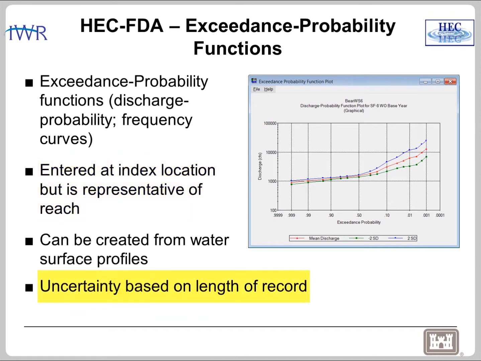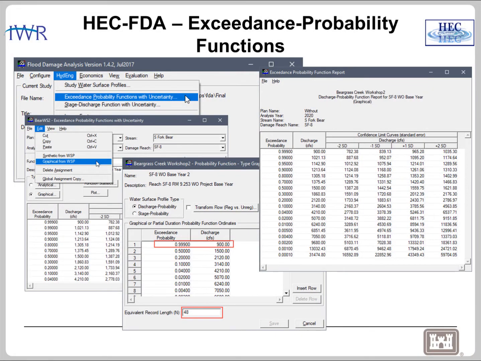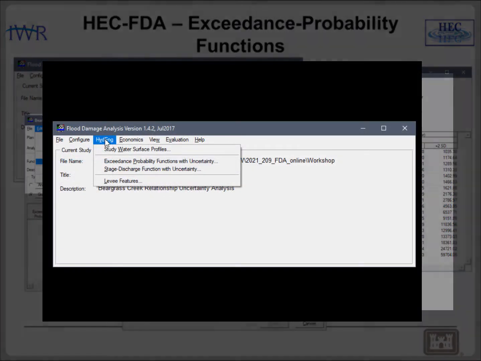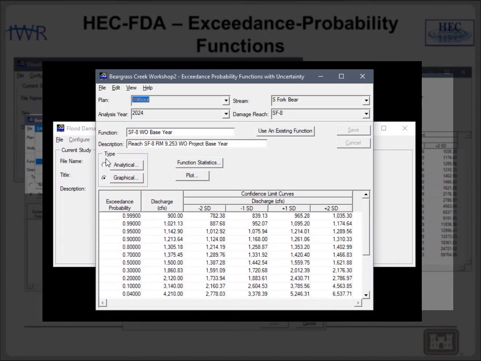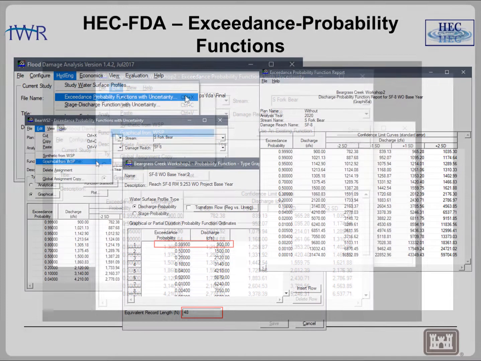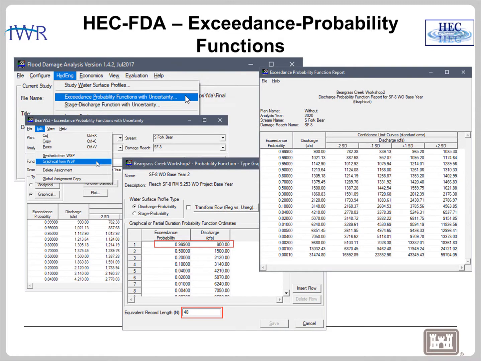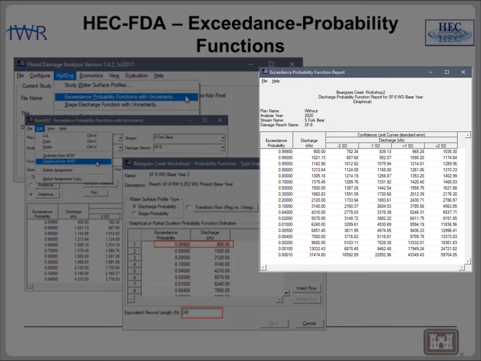And the uncertainty in these exceedance probability functions is based on length of record for the data available. We will be generating our exceedance probability functions using the graphical from water surface profile option. And once you have generated your exceedance probability function, make sure to view the report to look for any issues